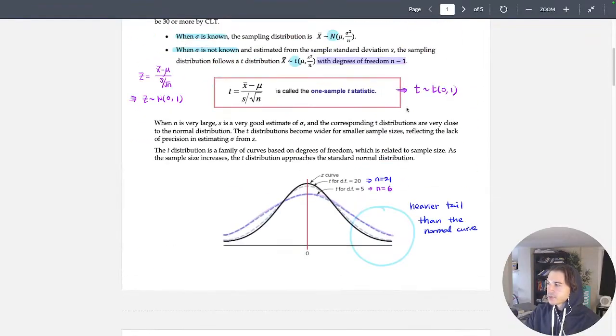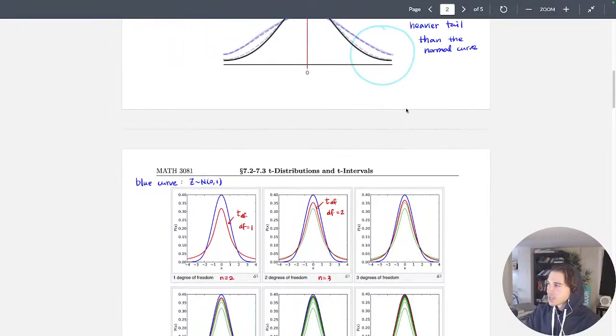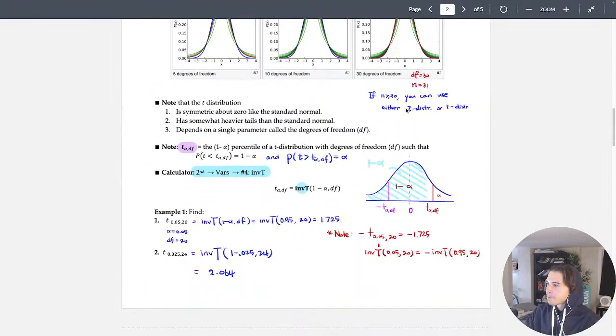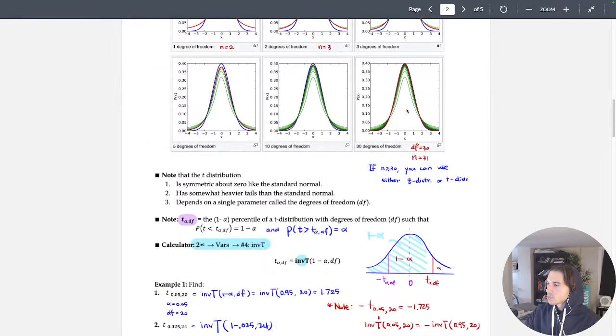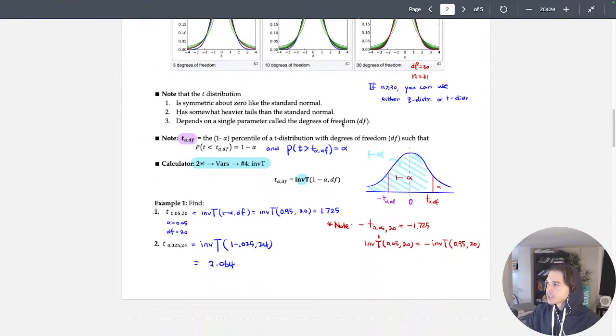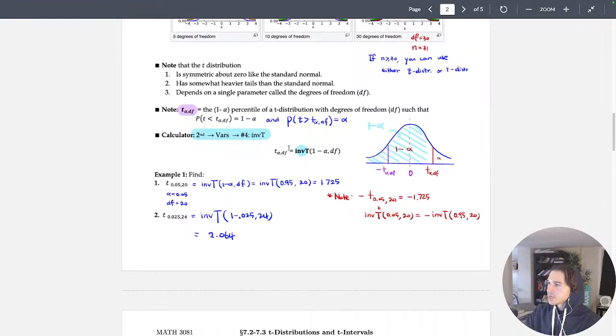Or TPDF, right? It's a thing, I think. Yeah, so don't worry about this. Main thing to remember here is that you can calculate your